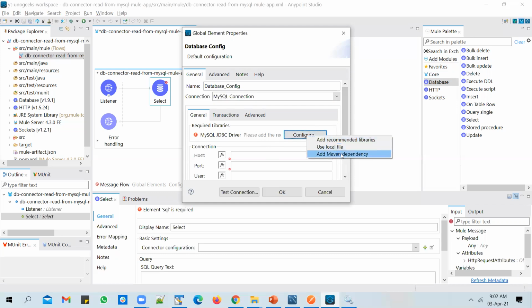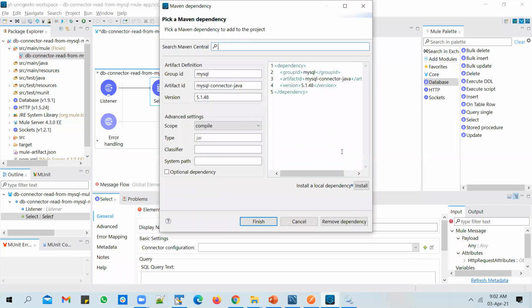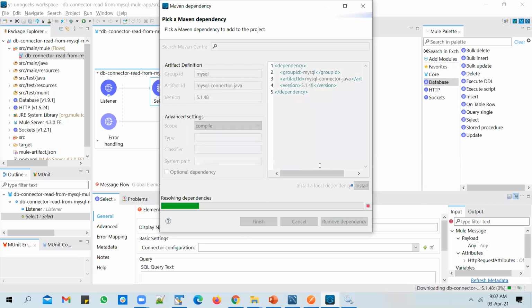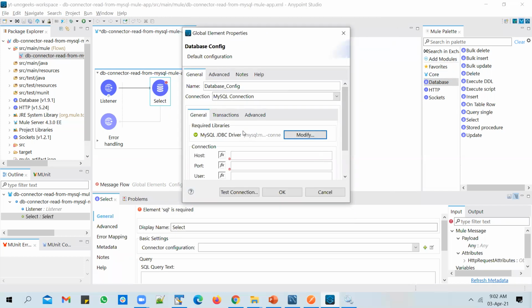So you can click on add Maven dependency, and click on finish. That will add and configure the JDBC driver in case you don't have a JDBC driver available with you.